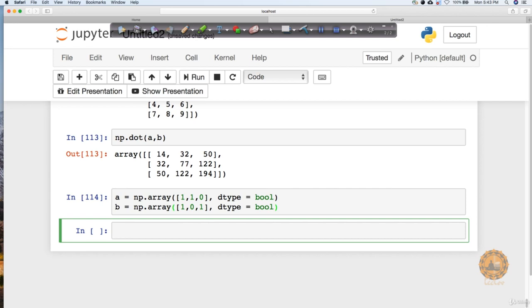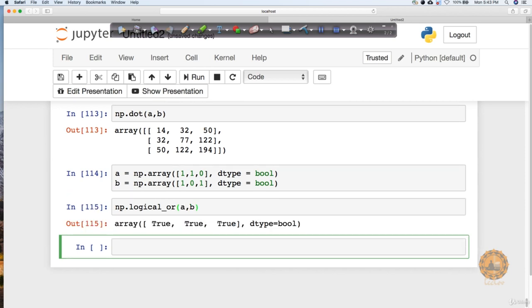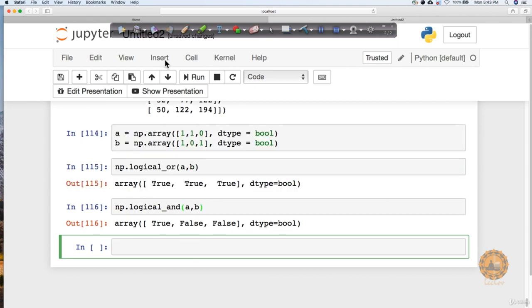After that, if I want to apply an OR operation, AND operation and so on, I can always do it. I can say numpy dot logical underscore or a comma b, and this is going to return me all true false output, based on whether one value is true, then it will always return true. Similarly, I can perform the AND operation. So I can say np dot logical underscore and a comma b, and you can see that it performs an AND operation on it.